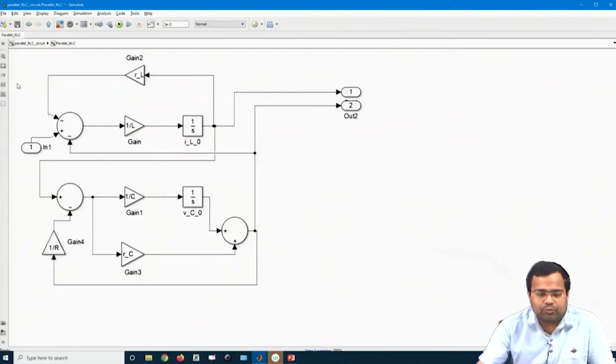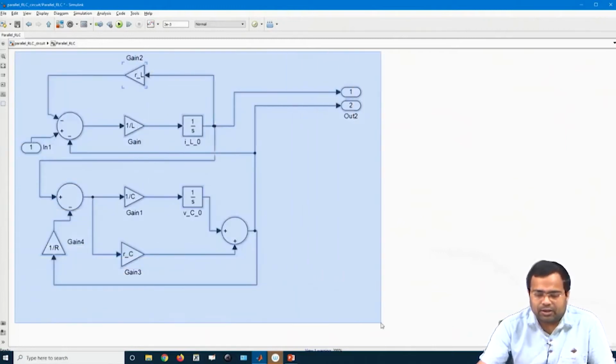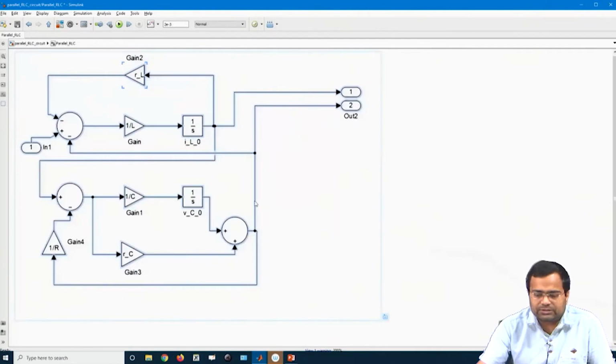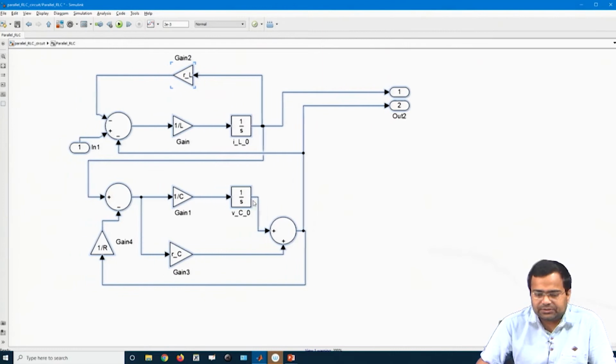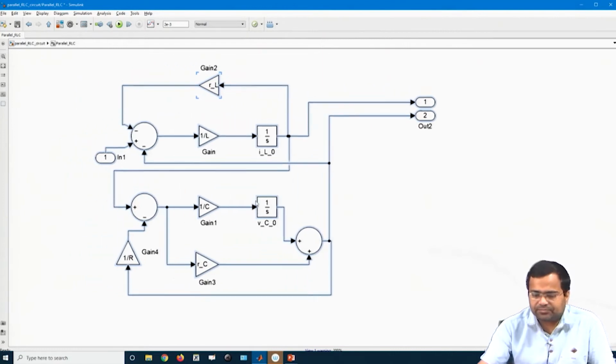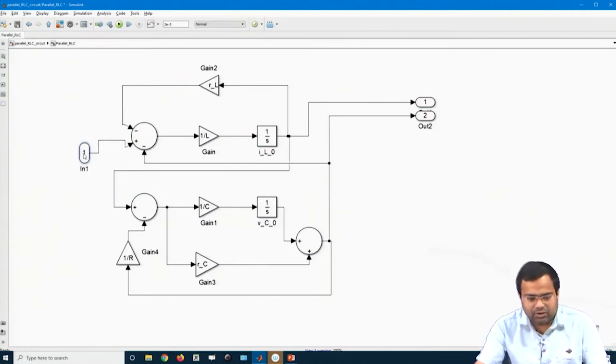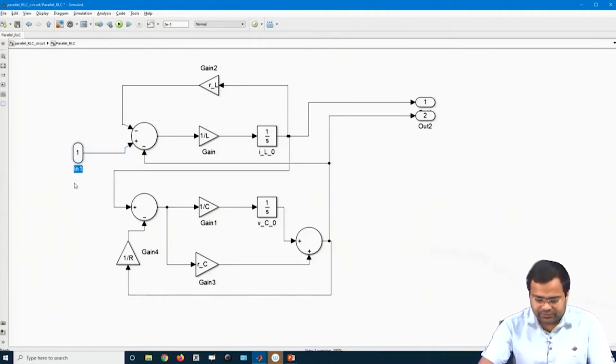What is the input in this parallel RLC block? So, we have to specify the inputs and output. That means, let us write down. Okay. So, the first block here, what was there? It was our input. So, this was our input voltage V in,